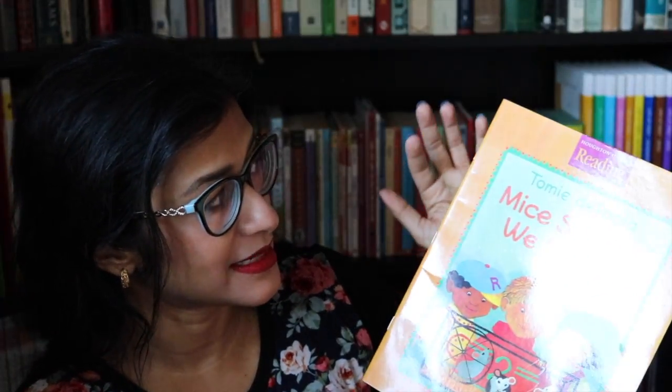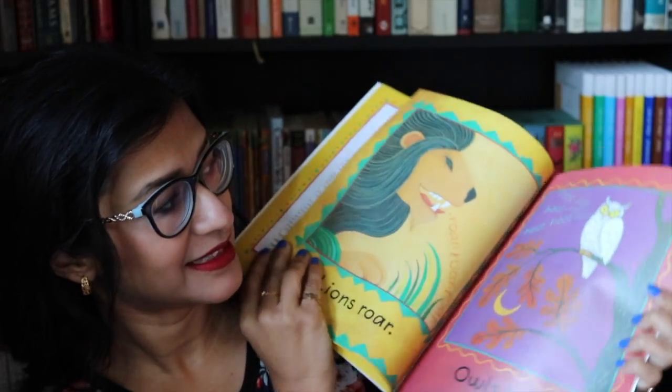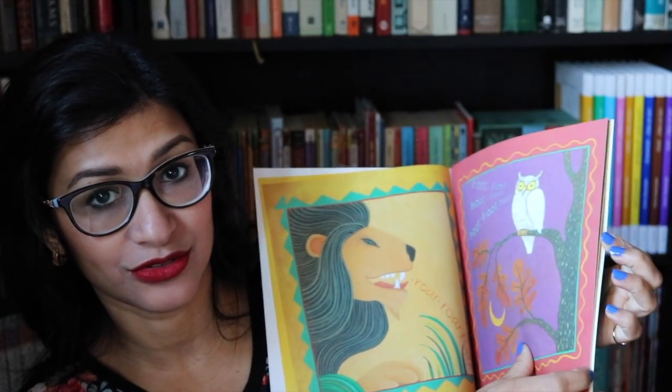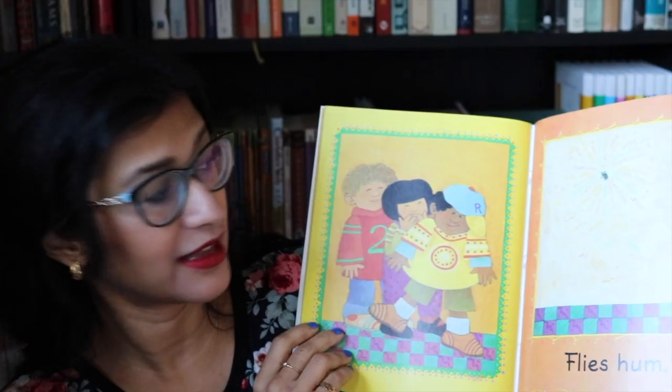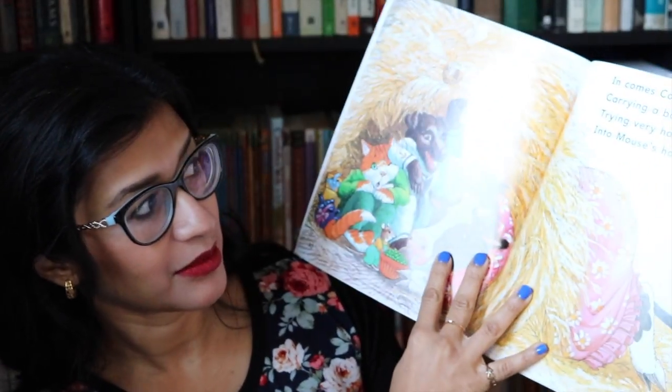The first one is by Tomie dePaola, Mice Squeak, We Speak, and it seems adorable. It goes through with animal sounds. I really like the illustrations, so a nice book there. Mouse's Birthday by Jane Yolen. You have to love everything by Jane Yolen. Again, really pretty illustrations. Feathers for Lunch,